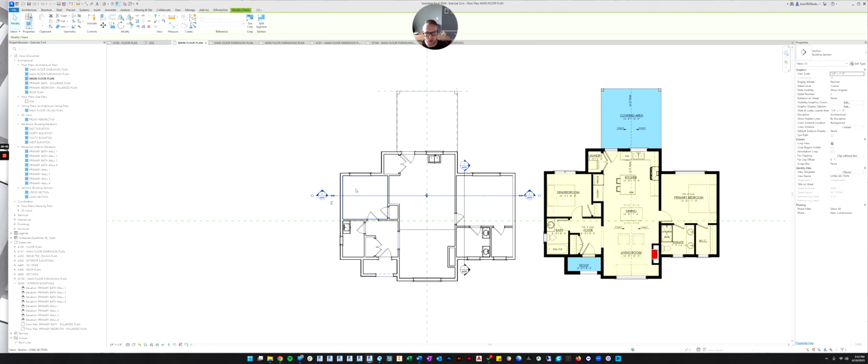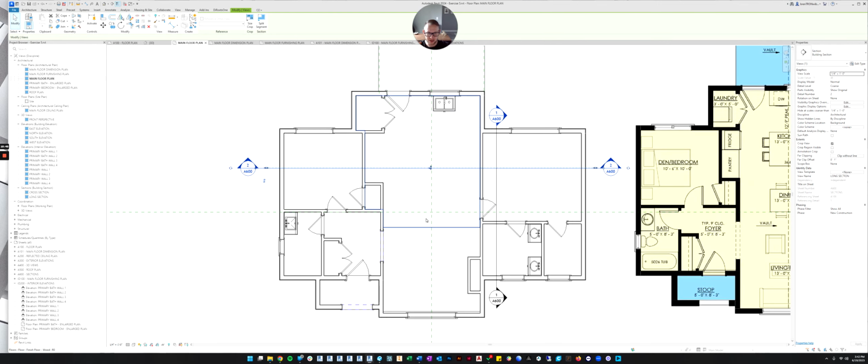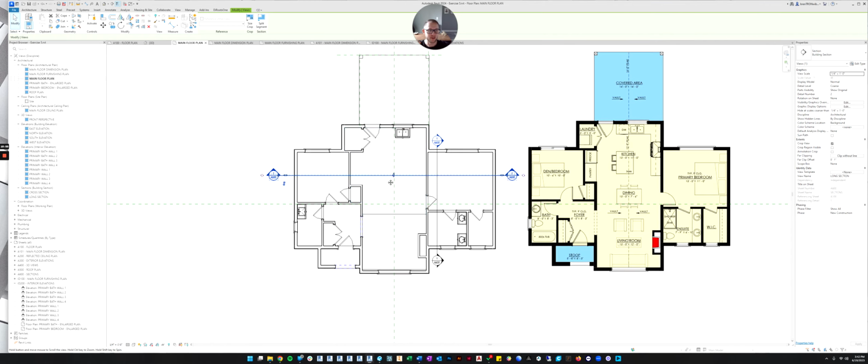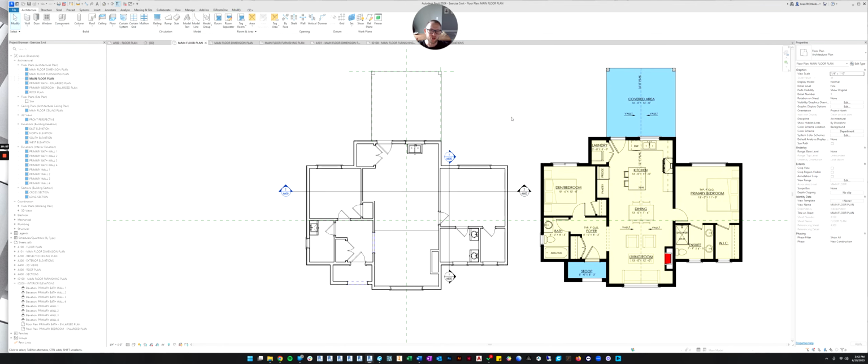It can kind of tell where rooms are because it's surrounded by walls. But then there are some areas that are different rooms, but there's no wall in between them. So for example, this living room, dining room, and kitchen area, there's no wall in between to separate it. So we're going to have to do something tricky. Well, not tricky, but a new command. So we're going to first create rooms.